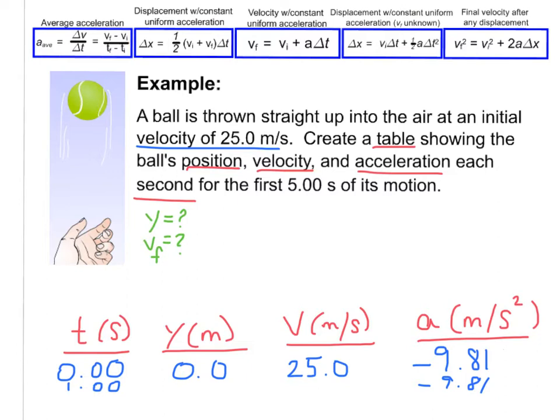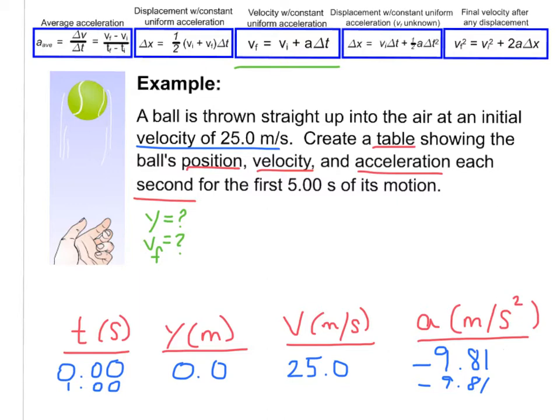How would I go about doing that? I need to look at some of my useful equations up here, right? With what I do know and what I need to know, which of these equations is going to work best for me? I want to find my final velocity. Does this equation work? Here's the final velocity. I know my initial velocity was 25 meters per second. I know my acceleration due to gravity. And do I know my time interval? I do. So actually, this is a really good equation to use